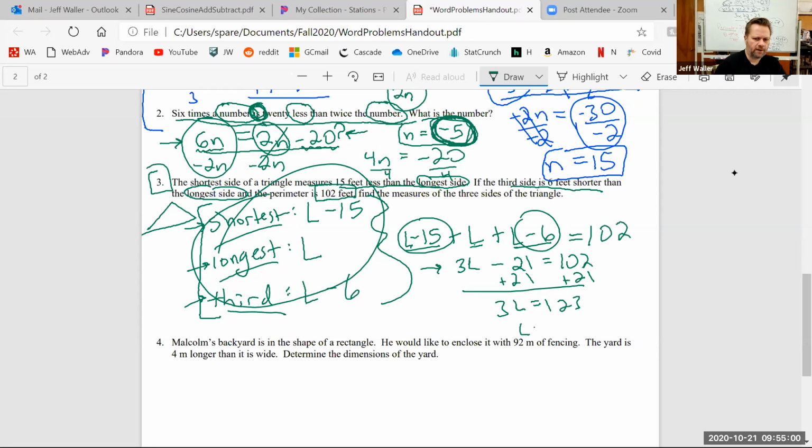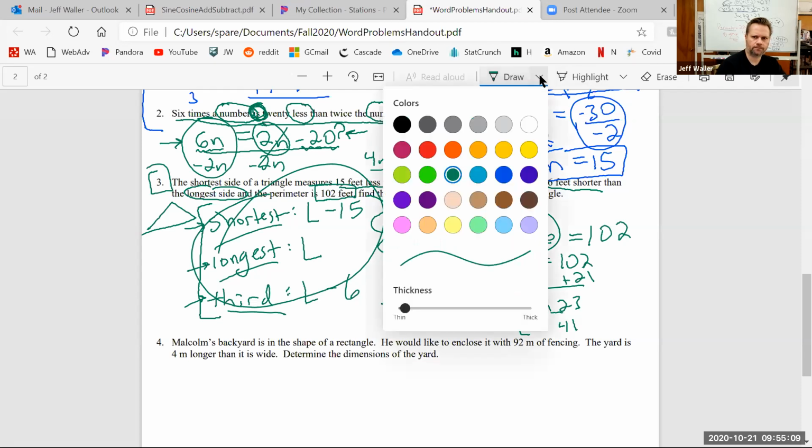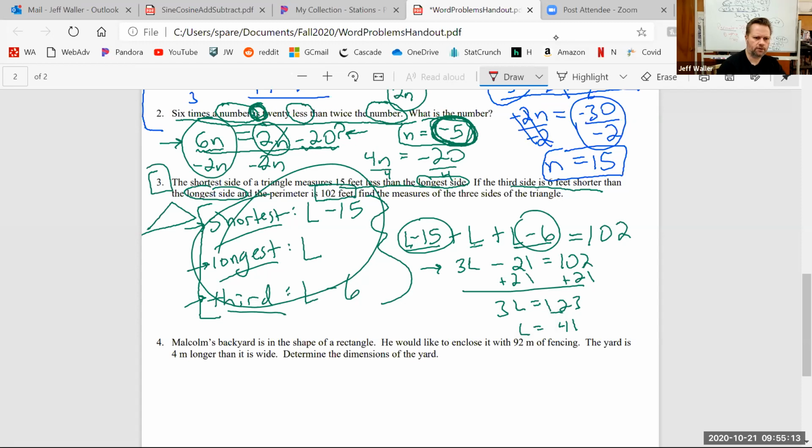And then if I divide by 3, that's kind of nice. 3 goes into 12 4 times, 3 goes into 3 once. So then the longest side, which is represented by L, is 41 feet,